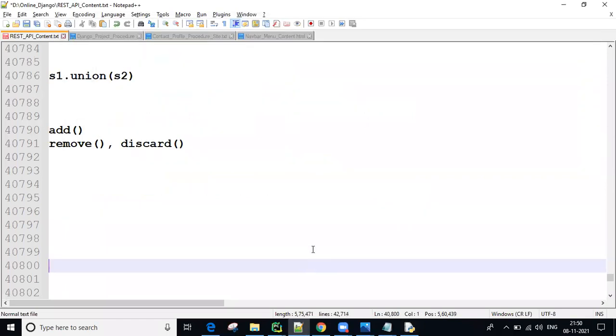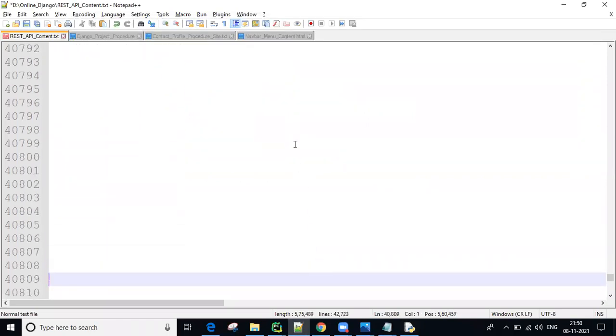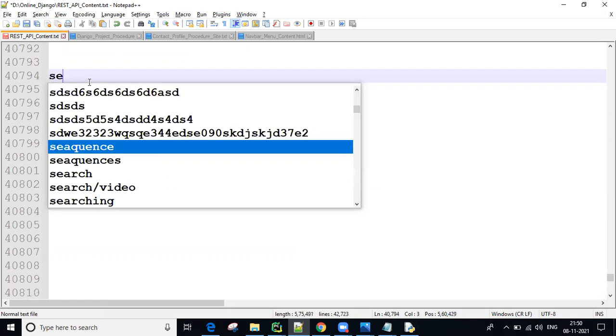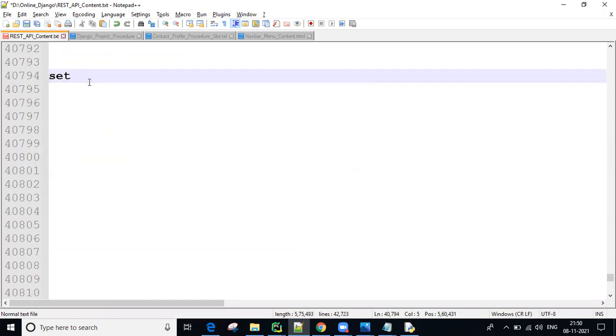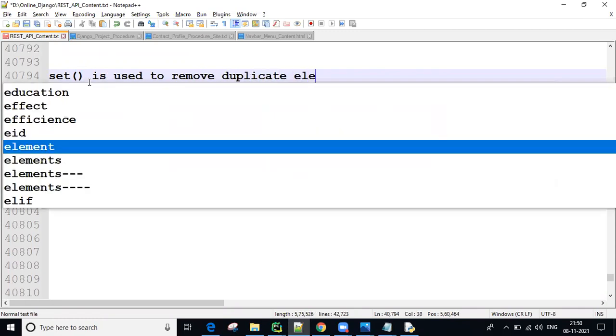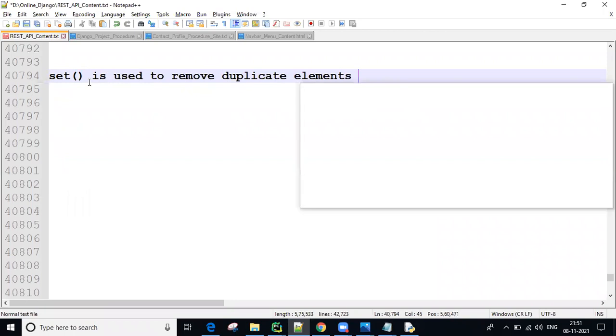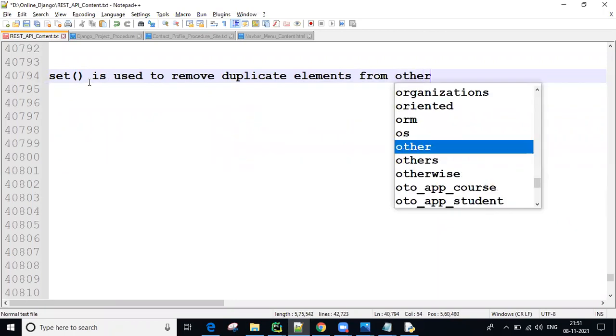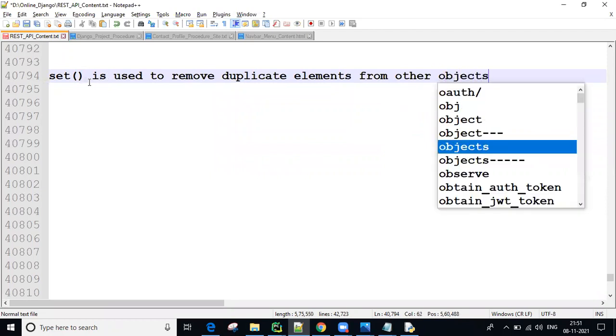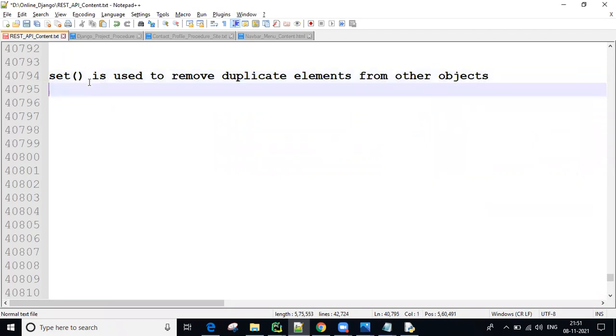And one more point about set is, all of you observe, the set function is used to remove duplicate elements from other objects like from string, from list, from tuple, and so on, guys.